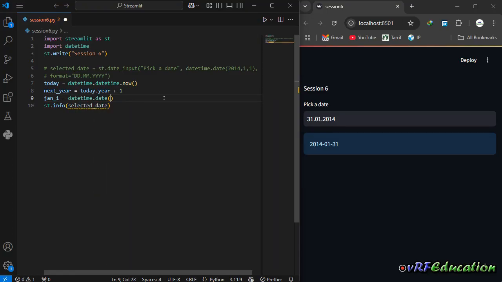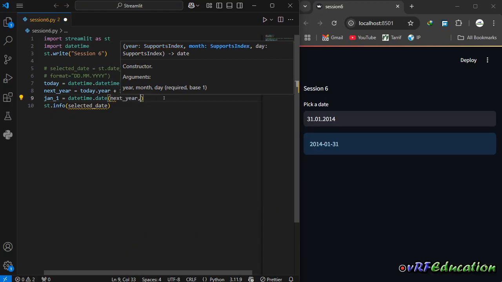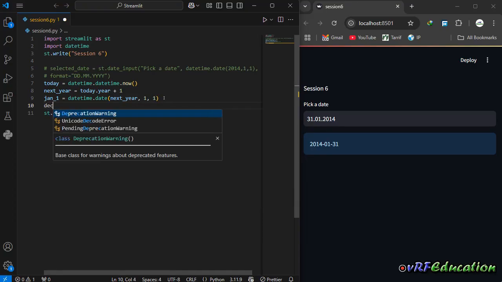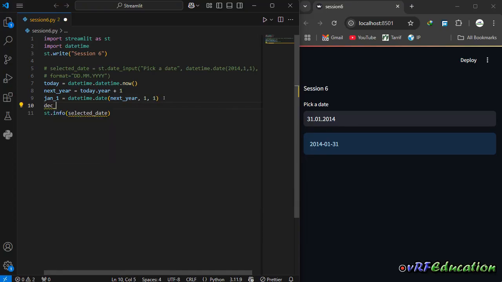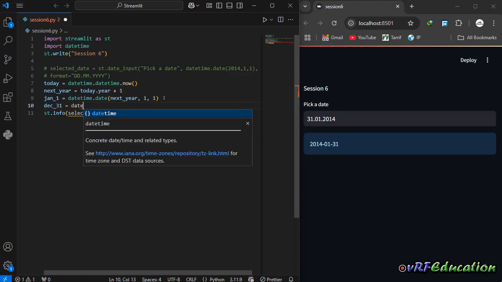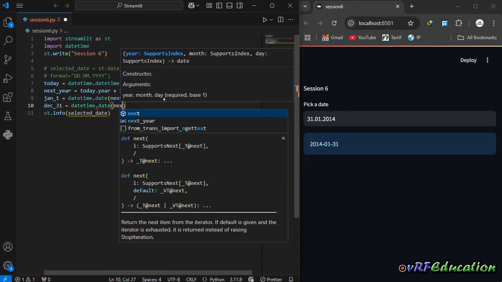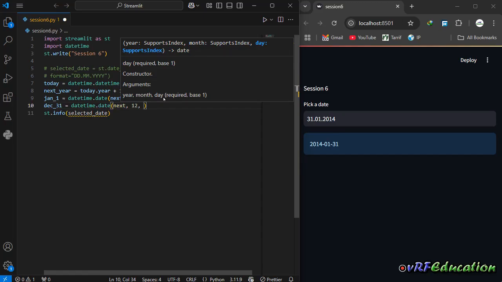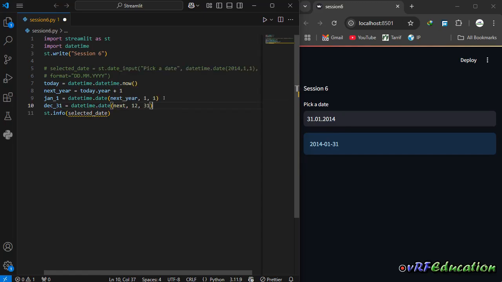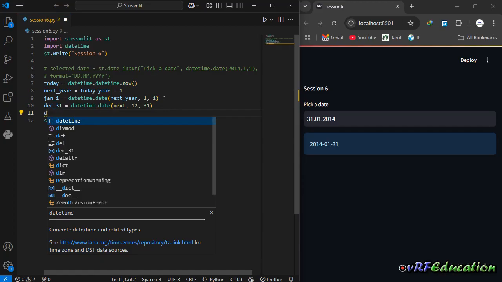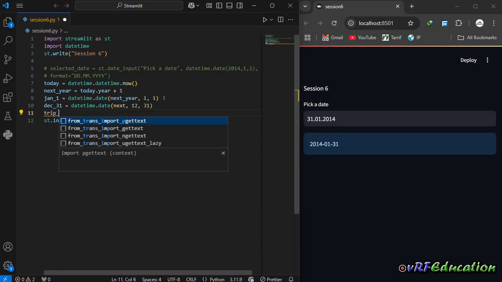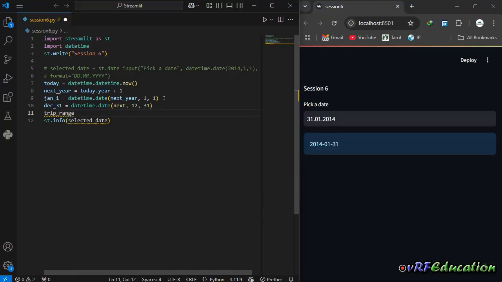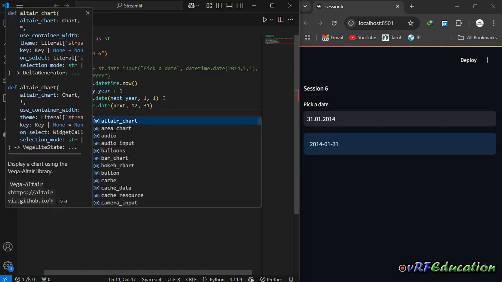datetime.date for year, we can use next year, month, and day. And also December 31st equal to again datetime.date, again next year, and 12 and 31. This is the end of year date. So I'm going to say, okay, we have a variable named trip_range equal to, and also I'm going to print this here. So st.date_input,